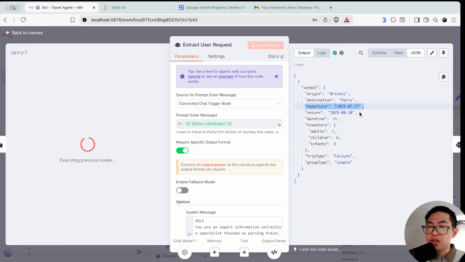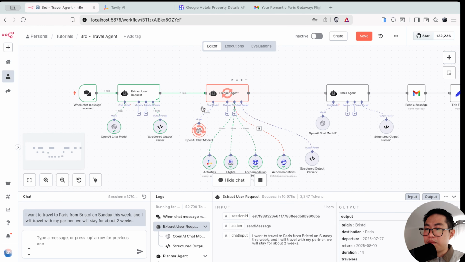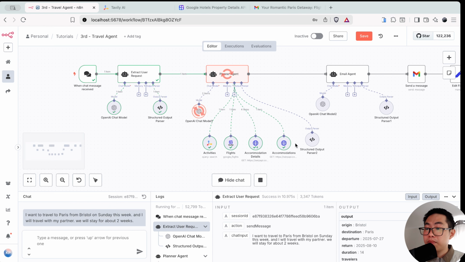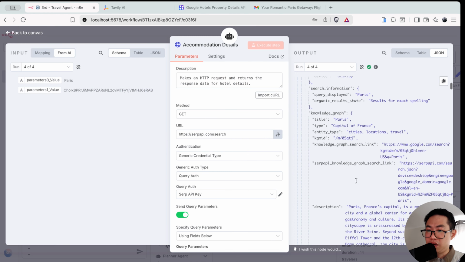Sunday this week is correctly on the 27th of July, which is 5 days from now, and I'll be staying for 2 weeks, and the return date is this date. That's correct. And now our planner agent is basically doing its job. Again, it found some accommodations this time. It found 4 accommodations, as you can see,